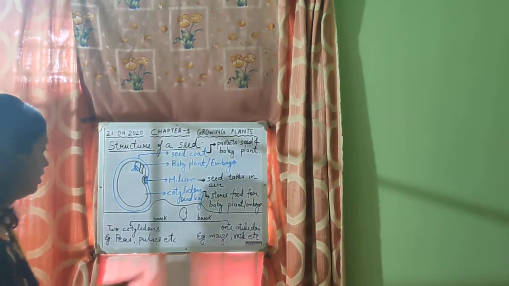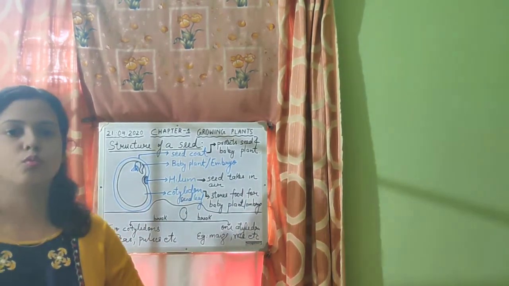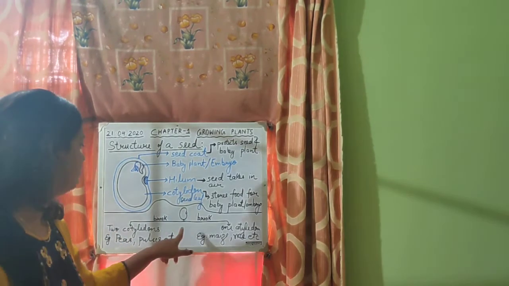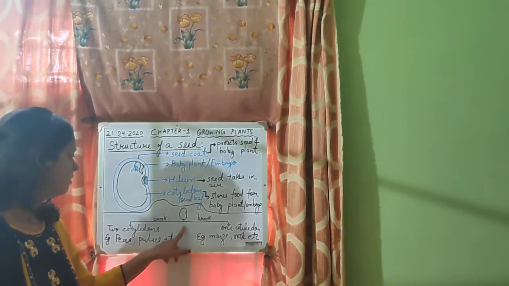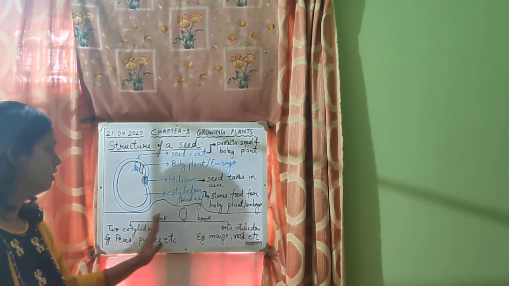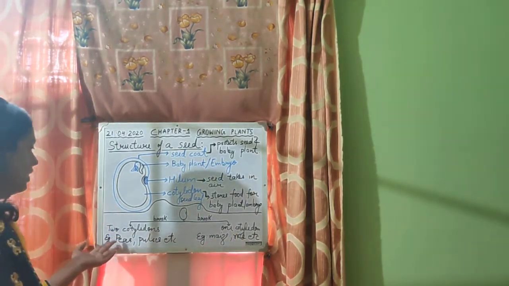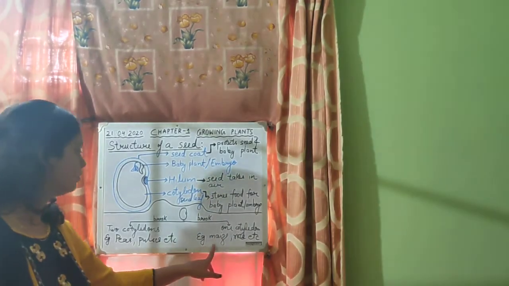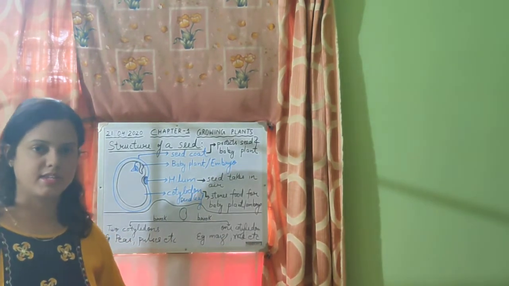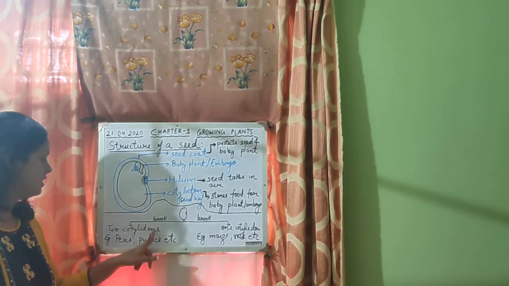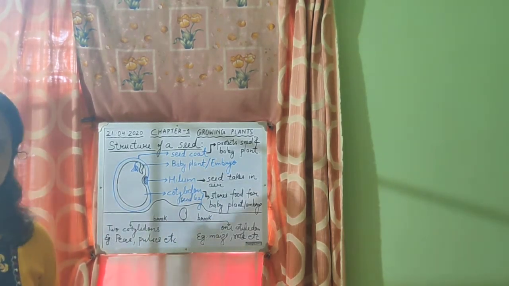Now, when we break a seed, all plants do not have one cotyledon or two cotyledons. When we break the seed, some seeds break into one cotyledon and other group breaks into two cotyledons. Examples of those seeds which break into one cotyledon: maize, rice, wheat, etc. Examples of seeds which break into two cotyledons: peas, pulses, all types of beans.